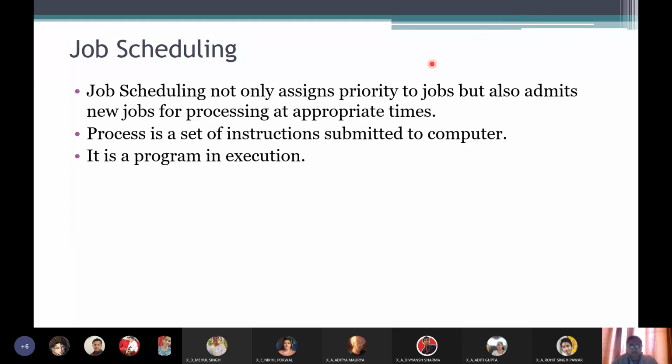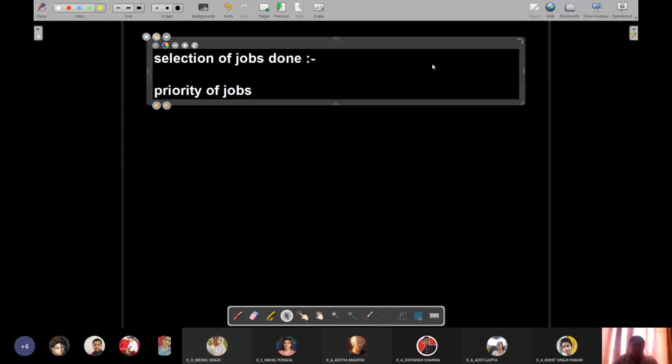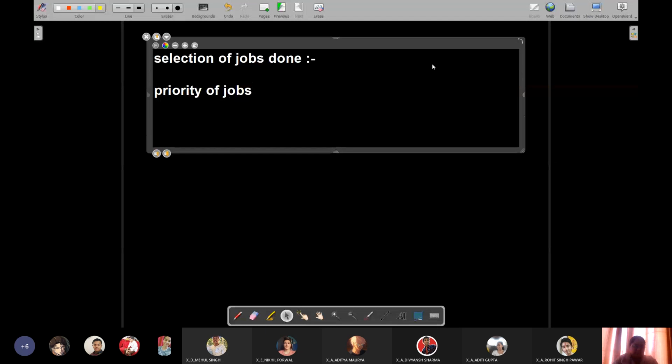Process is a set of instructions, we have already seen that. And how is the priority fixed? Some operating systems might use a first come first serve basis, means the job which arrives first is the first one to be served.